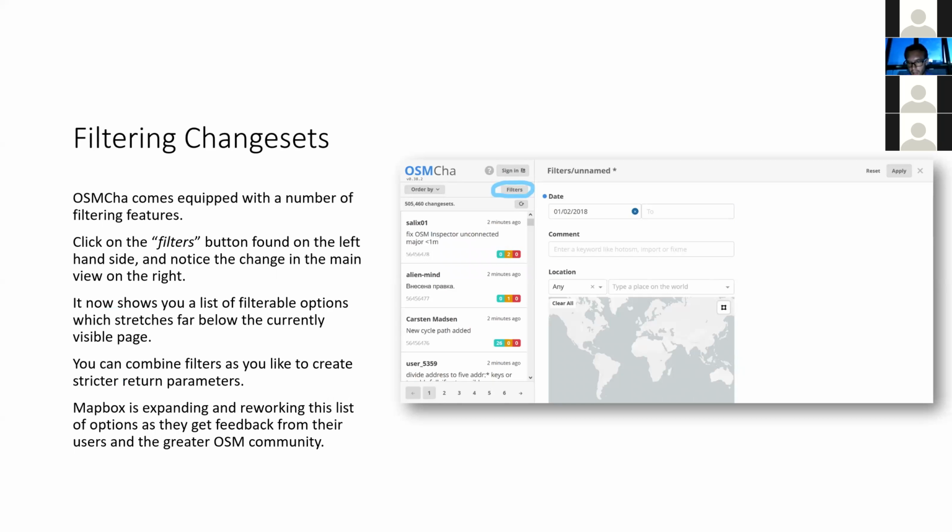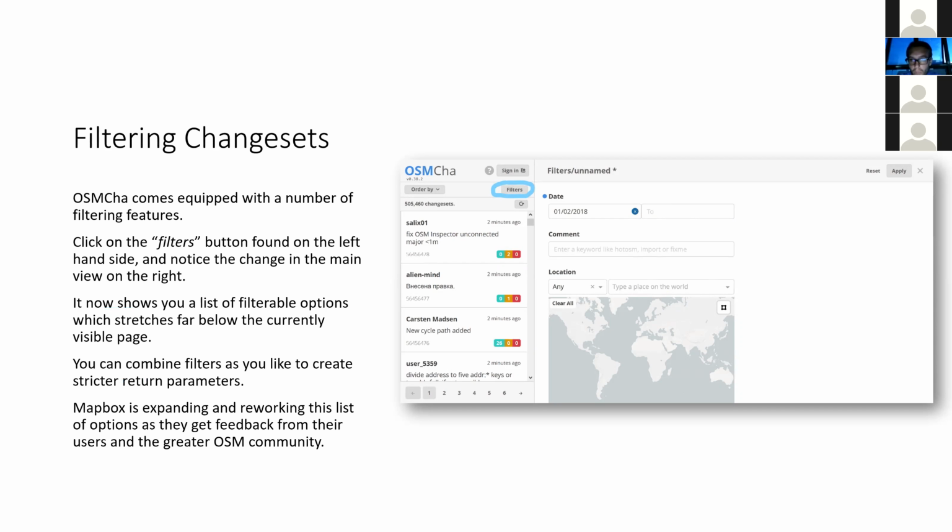So OSMCHA and its entirety of its database only stretches back to its initial inception, which is a few years ago. So it doesn't have everything, and it certainly doesn't contain the amount of changes made to the map going back to OSM's inception, and not even as far back as Overpass can work, which I believe is till about 2012 when the license change occurred in OSM. So OSMCHA has all the change sets recorded in the world for about the last 2 years, I'd say, going up, continuing into the future. So it doesn't have everything, but it has most of the recent changes made to the OSM